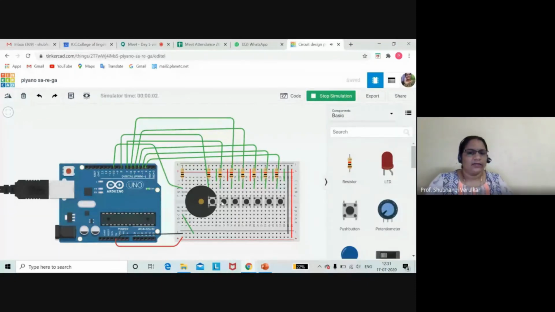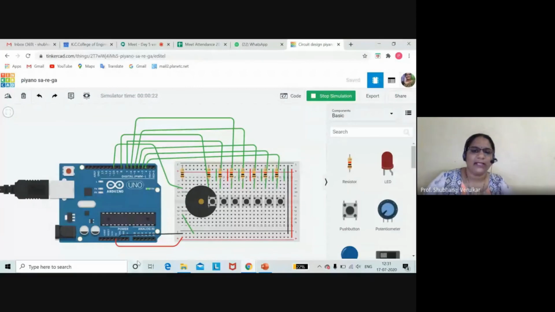Okay, so how you made the connection for one switch, similarly you can make the connection for another switch. I have set different frequencies for different switches and you will be able to hear a different sound. Right now it may be possible that from my end you will not be able to notice the different sound, but if you explore yourself, you will definitely get a different sound. So with a change in frequency you can explore yourself to design a small piano and all.